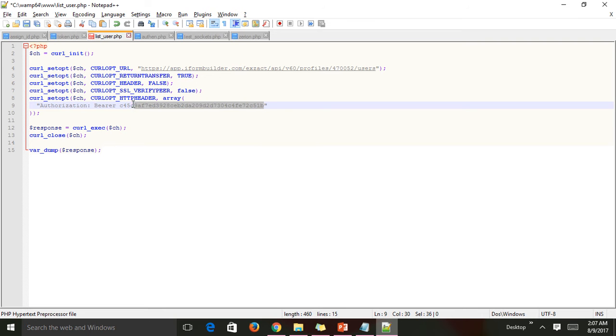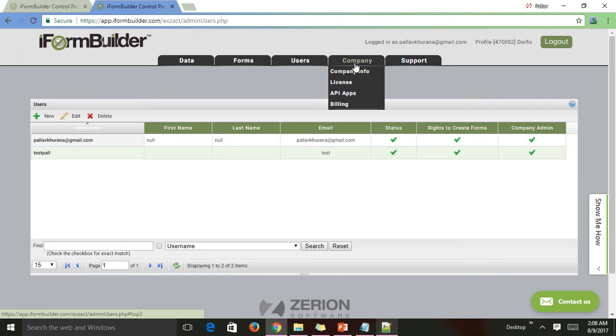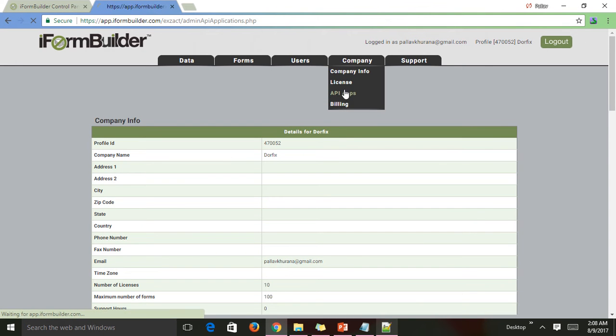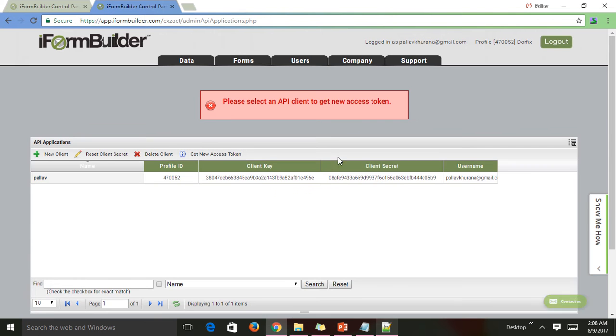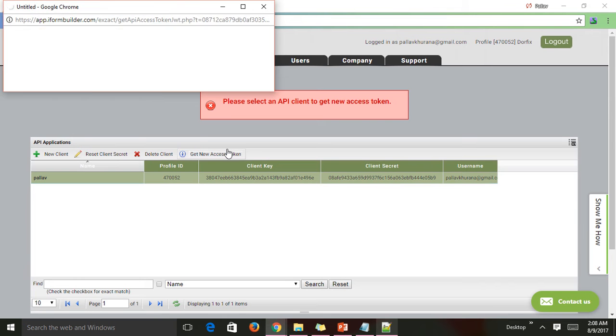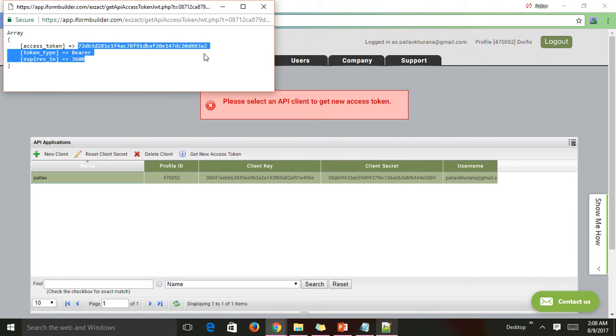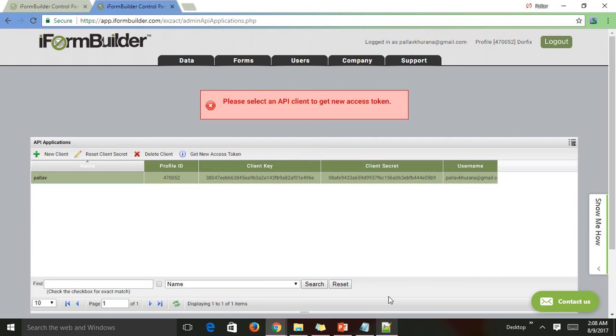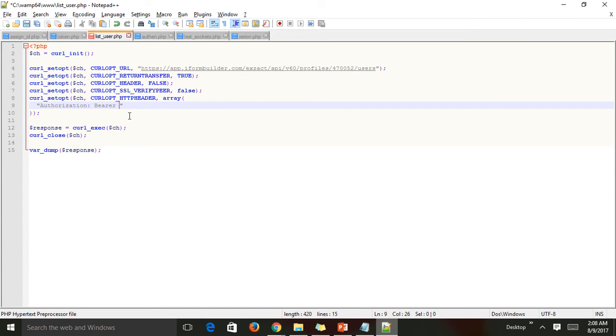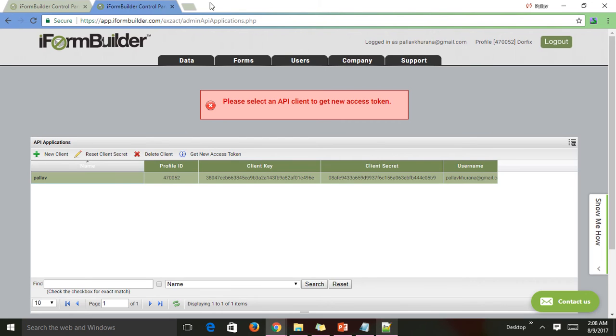We just have to change the token value, and we will see, sorry, API apps, and then when we run this file, it's gonna give us the username and user ID, basically all the information of the users. So let me save it, and then